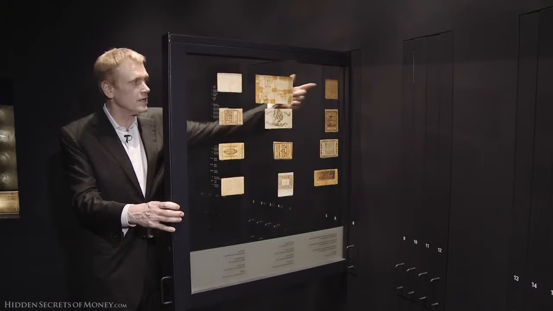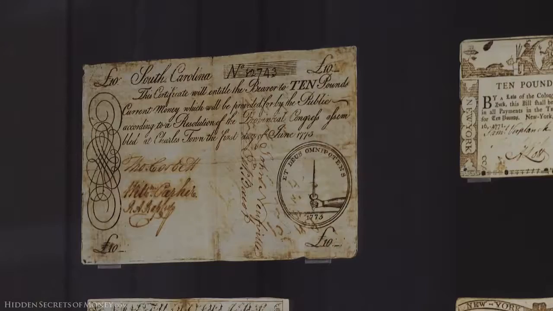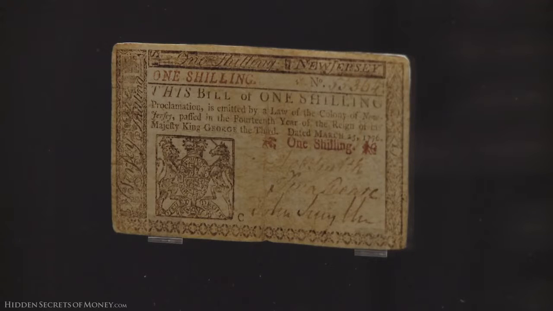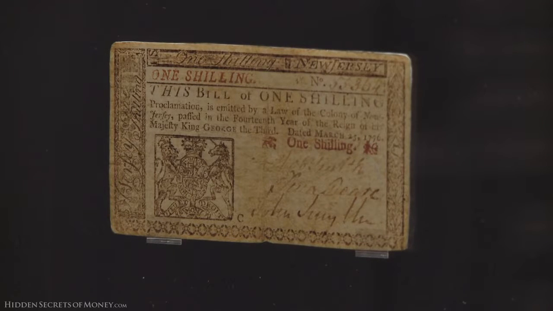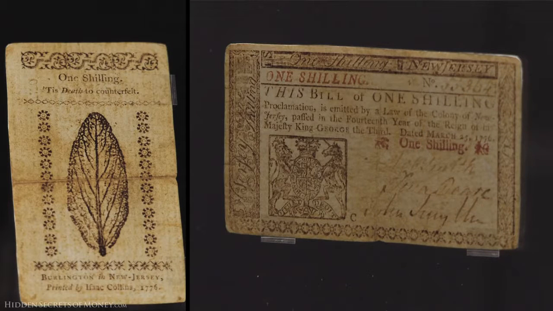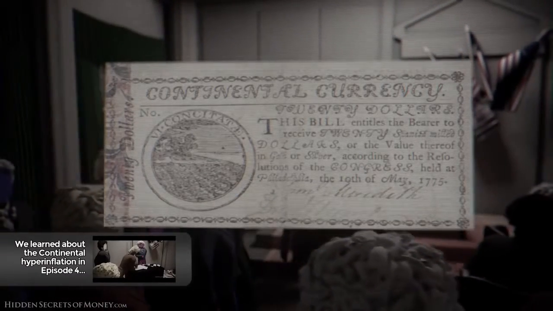This is the United States, and each one of these currencies is printed by a different state. We've got Maryland, South Carolina, North Carolina, Connecticut, New York. This one here is particularly interesting. It's printed in the 14th year of the reign of King George III. It's dated March 25th, 1776. So this is just a few months before the Declaration of Independence. It says, "'Tis death to counterfeit." But this was printed just before we started coming out with the continental dollar, which went into a hyperinflation because of pure deficit spending on the Revolutionary War.